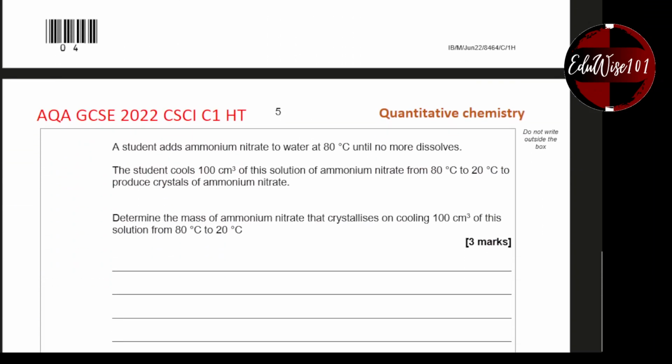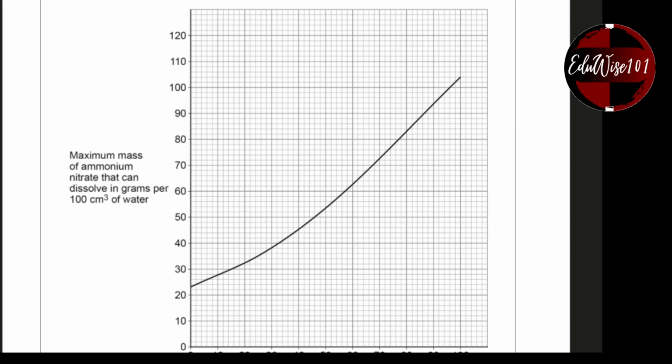Question: a student adds ammonium nitrate to water at 80 degrees Celsius until no more dissolves. The student cools 100 centimeter cube of this solution of ammonium nitrate from 80 to 20 degrees. That's key. So from 80 to 20 to produce crystals of ammonium nitrate. Determine the mass of ammonium nitrate that crystallizes on cooling 100 centimeter cube of this solution from 80 to 20 degrees. So in order to do that, you will need to use the graph and find the mass of